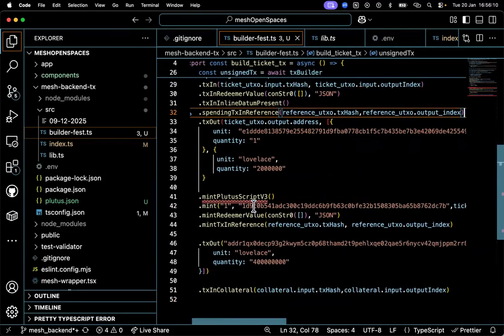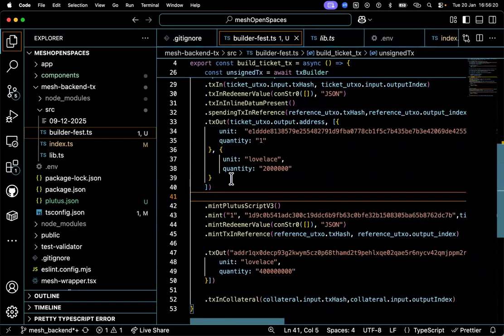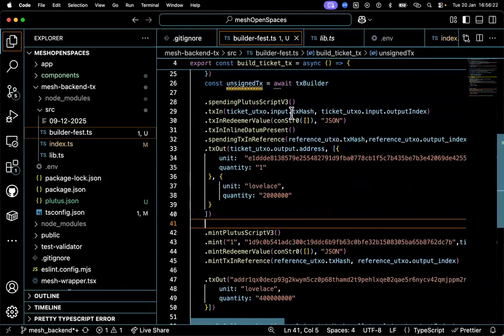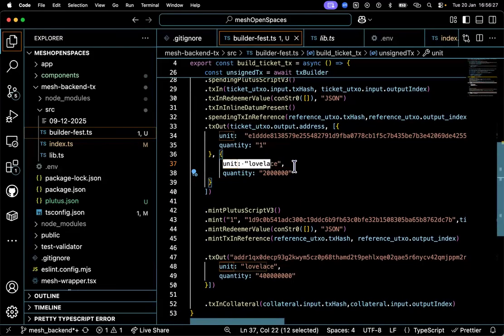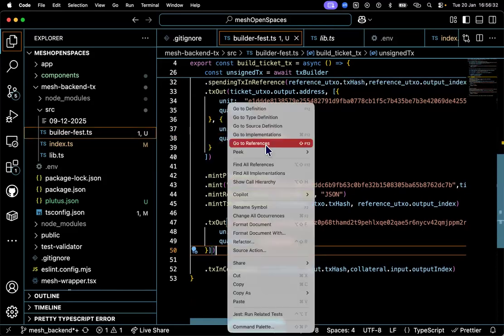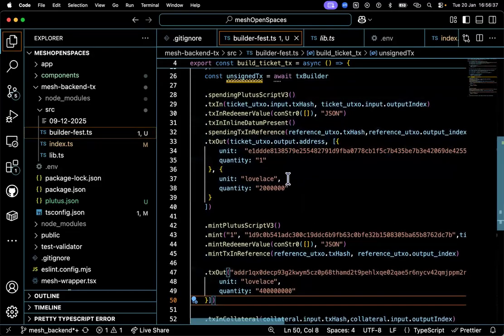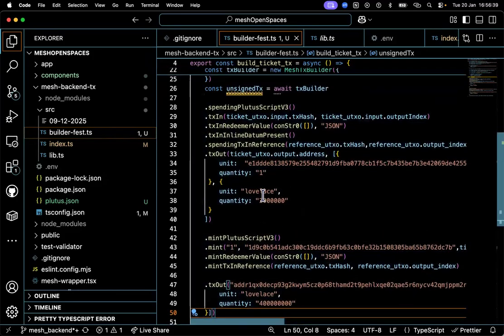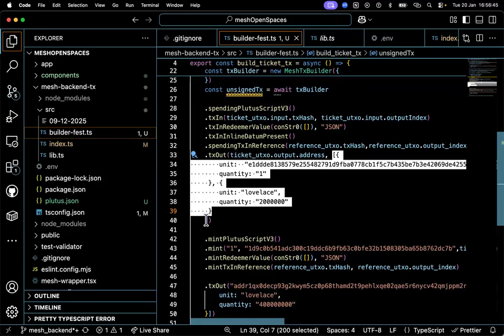That's what we were talking about before, isn't it? Where is this? This and this. Okay. So we are referencing that, we are spending it directly into this address. Though I'm not sure if we should bring it because of this header right here. Maybe, so I'm experimenting with something right now.